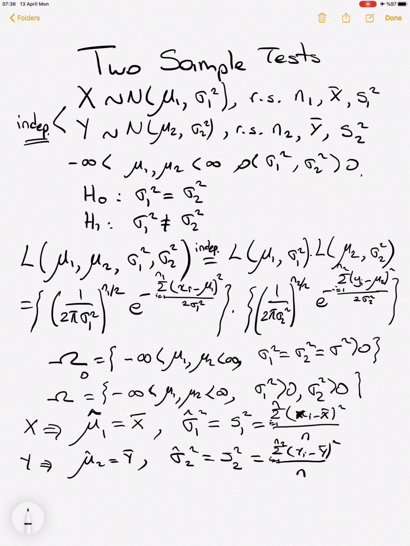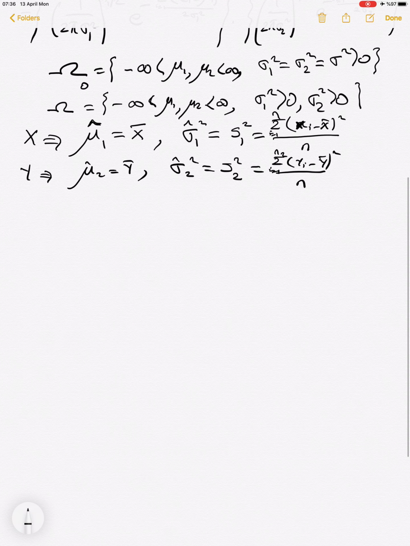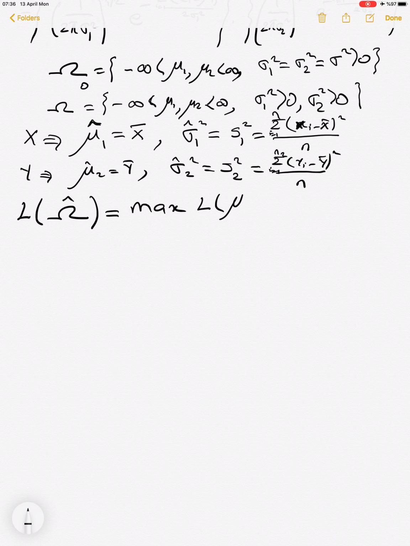So these are the maximum likelihood estimators under the whole parameter space of the test. Then, for the maximum likelihood under the whole parameter space, we have to maximize our likelihood function over mu1, mu2, sigma 1 square, sigma 2 square, under the whole parameter space,